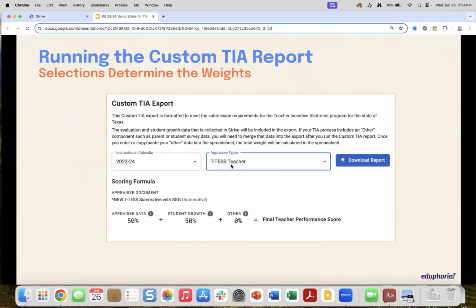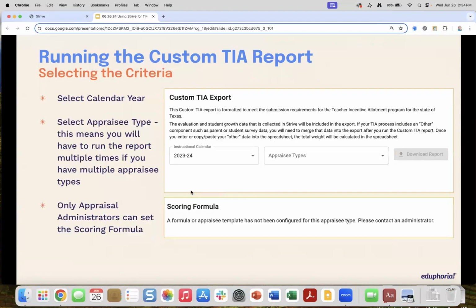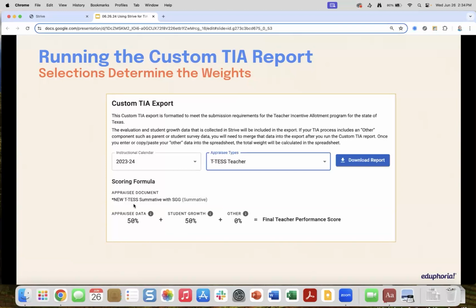Once you've pulled your appraisee type, you'll see the data, the formulas that you set up, the document that you selected, and the percentages that you put in for your process, and how that's going to calculate. And then you can download that report. It's going to give you a spreadsheet, and the spreadsheet will have all of the fields that are required in the TIA report, the data submission file. So there will be a place for you to have